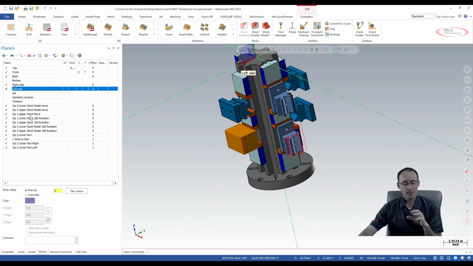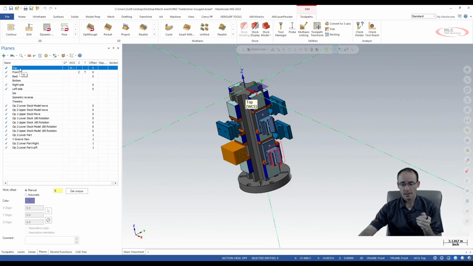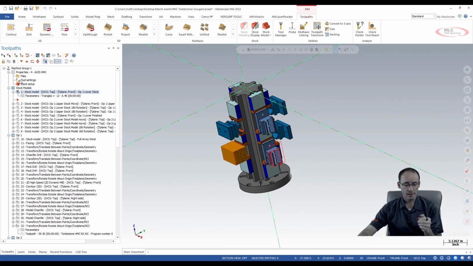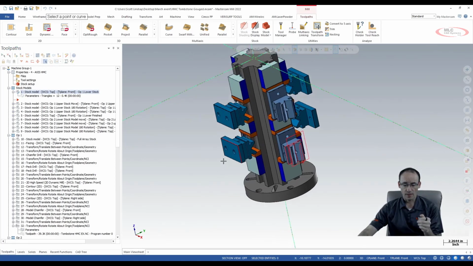If I look at this one I've called op1 upper stock move, you'll see that from my top plane, that's at the top of my tombstone, I've come down here to my stock move up, and you'll see that the origin's up in the air, and that is that distance. So if I turn this off and analyze the distance from